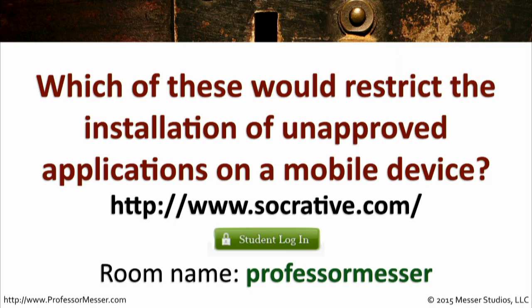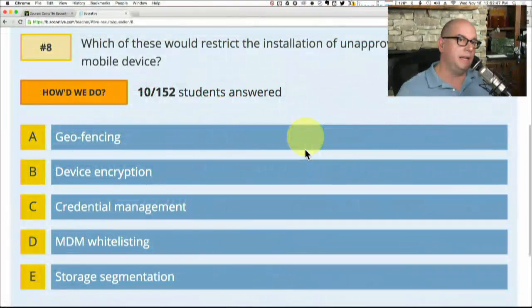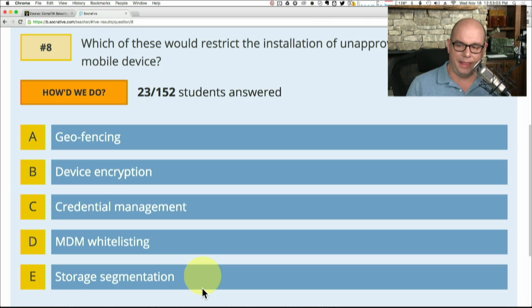Which of these would restrict the installation of unapproved applications on a mobile device? Which of these would indeed restrict the installation of unapproved applications? Would it be geofencing? Would it be device encryption? Would it be credential management? Would it be MDM whitelisting? Or would it be storage segmentation? One of these would indeed restrict the installation of unapproved applications on a mobile device. This is absolutely one you have to think about,